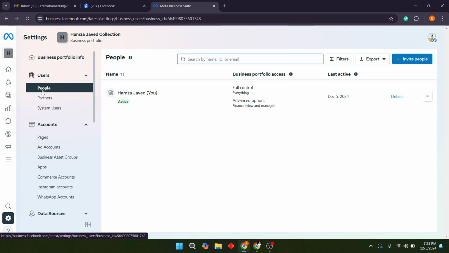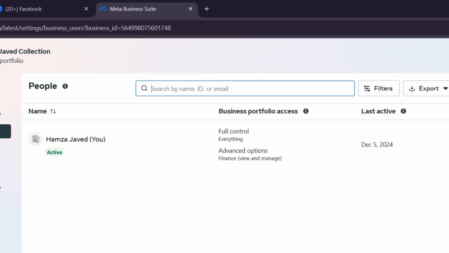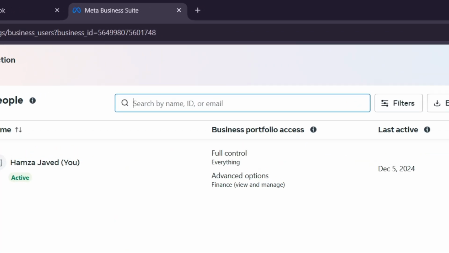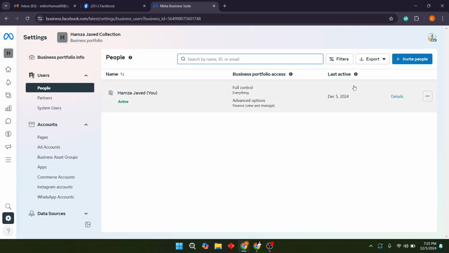For me, it's already selected. Here is where the magic happens. You can invite someone by entering their email address, profile ID, or the name. Simply click on Invite People,